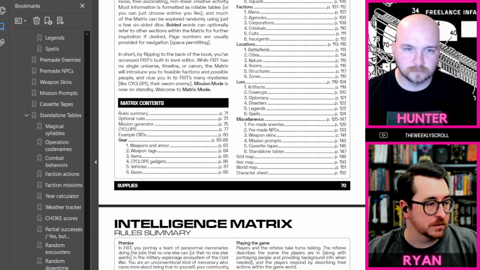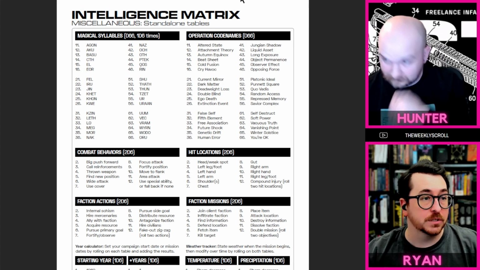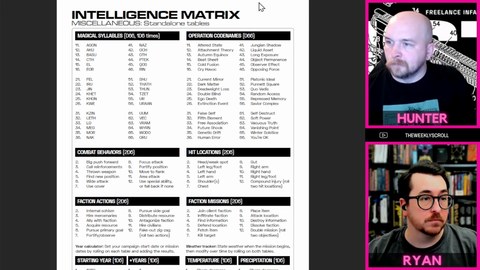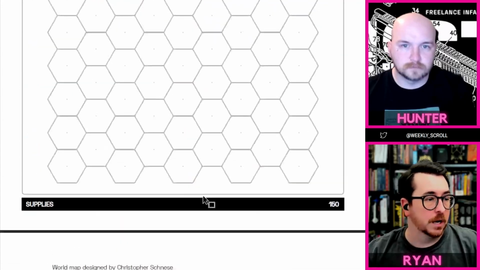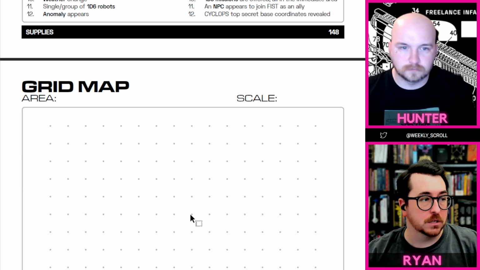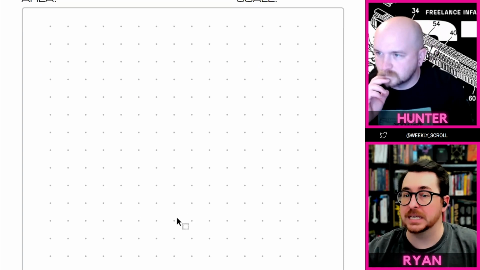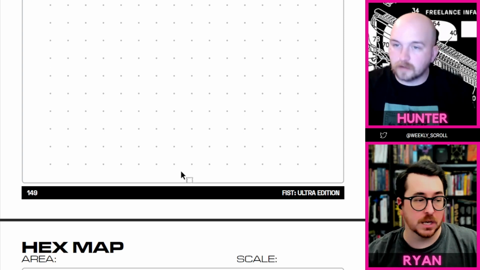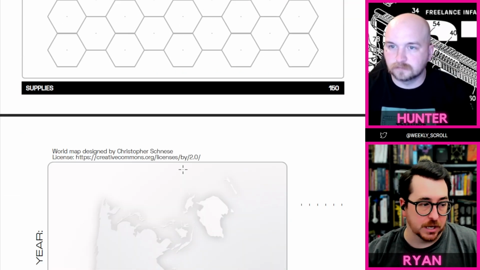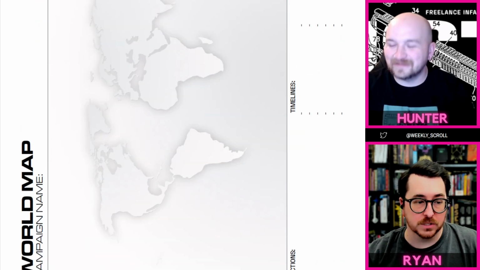Let me go all the way to the back here. Standalone tables are also great, which is, I think, where we had the mixed success stuff. But there is a grid map where you can define the area and scale, so you can easily hand that to them to be mapping out if they're infiltrating an area, if they want to use that. There's a hex map for the same kind of reasons. There's a world map, which I really, really love, where there's like a list of...